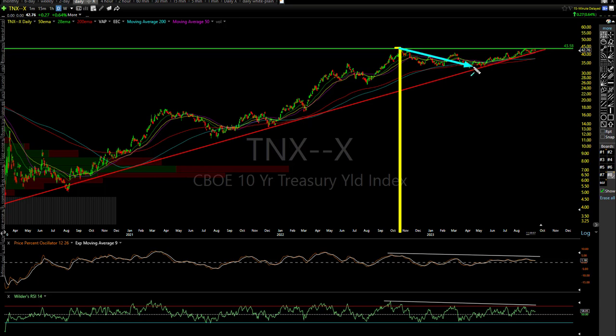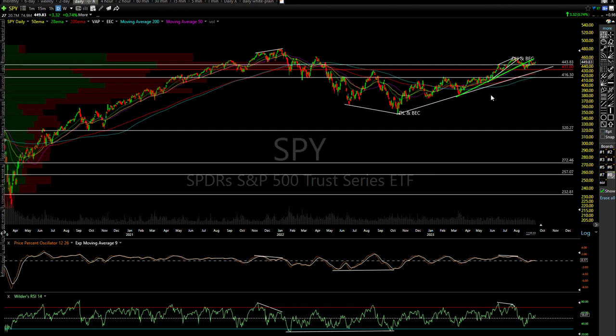But what happened since then is, well, interest rates are right back to where they were back then, at the trough of the bear market or correction, whatever you want to call it, that at this point ended in October of 2022. But we're right back there, yet the stock market, instead of being down at those lows right here, there's the October lows, that's where you would think it would be based on interest rates. It's completely dismissive, and it's more on the opposite. It's closer to its